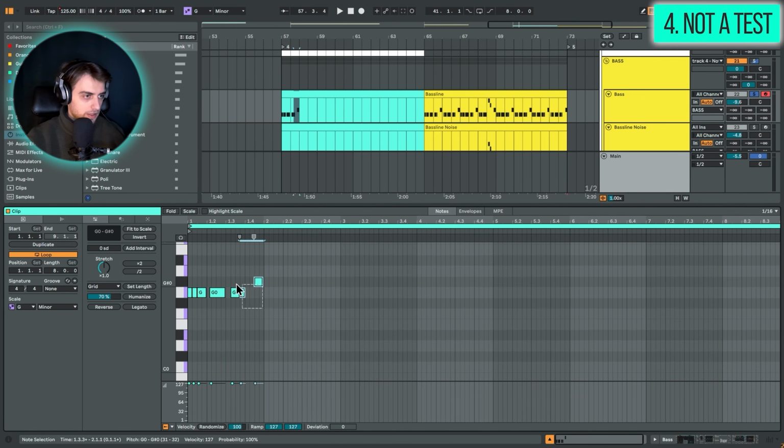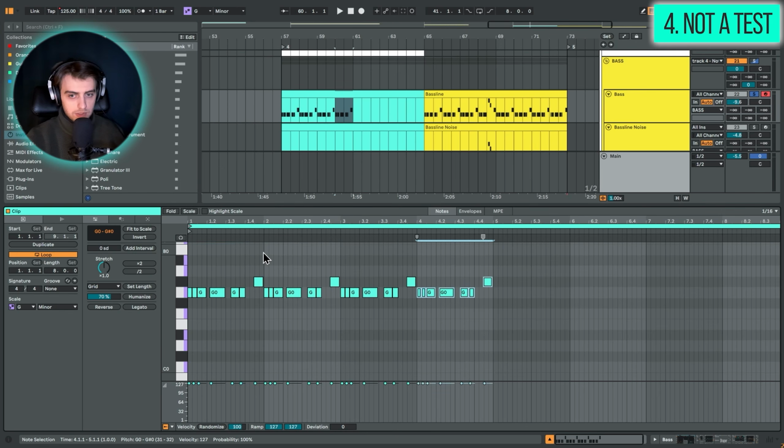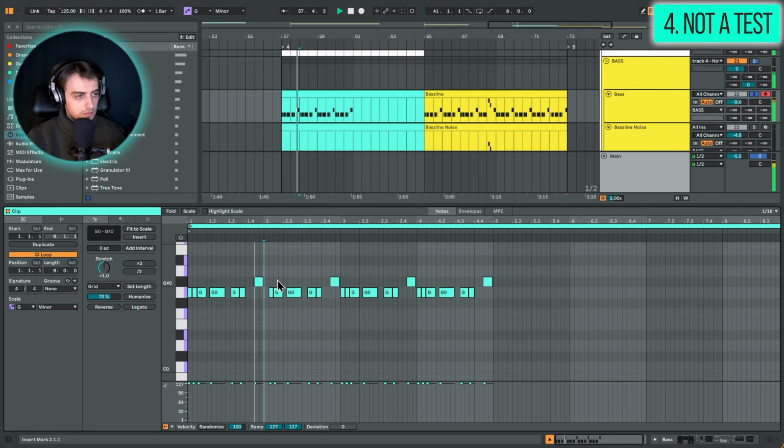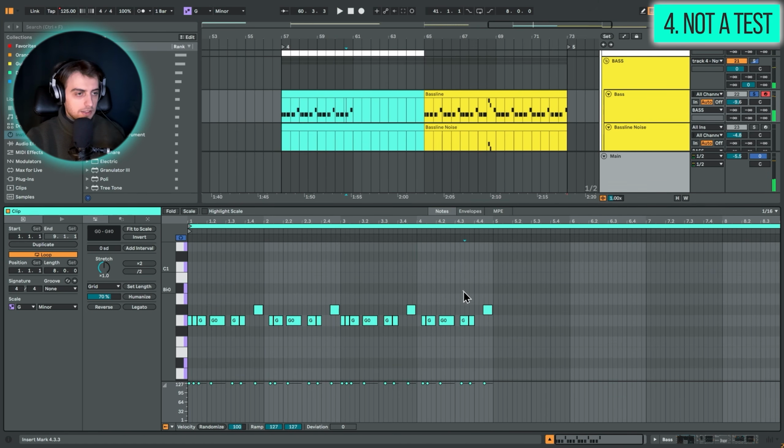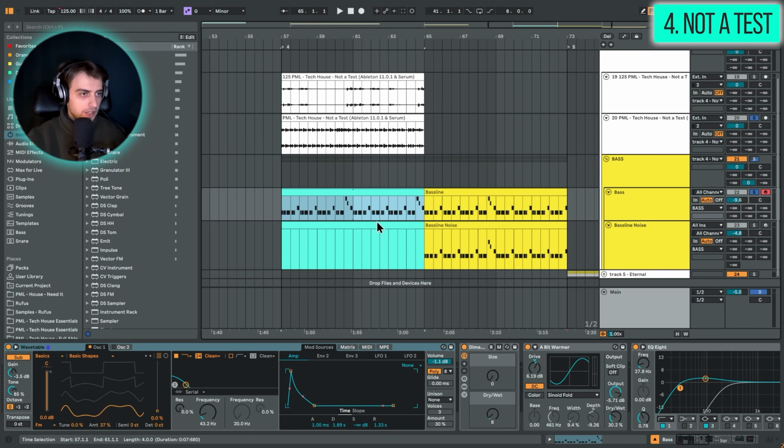We can copy this pattern over 4 times. For example, we can delete this note, as well as here. And we can do like a turnaround at the end of these 4 repeats, just descending chromatically here. Very simple. And that's our entire pattern, so we can just loop it and actually even copy it over to